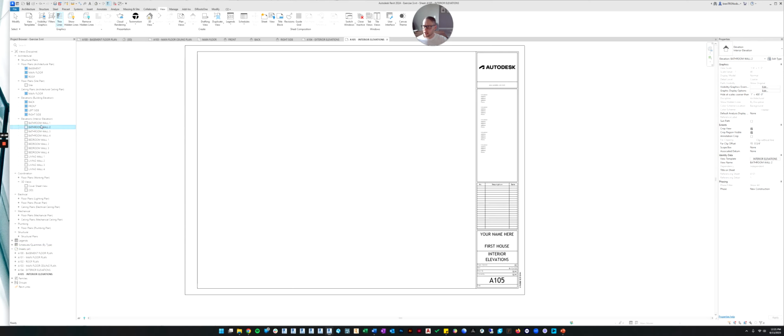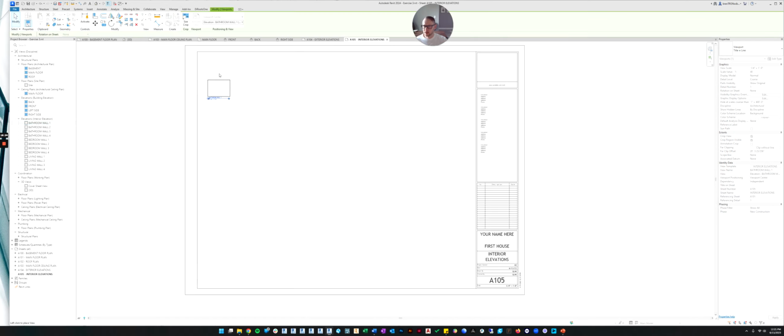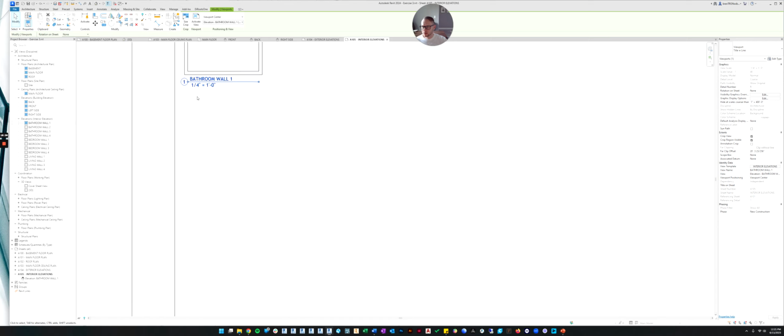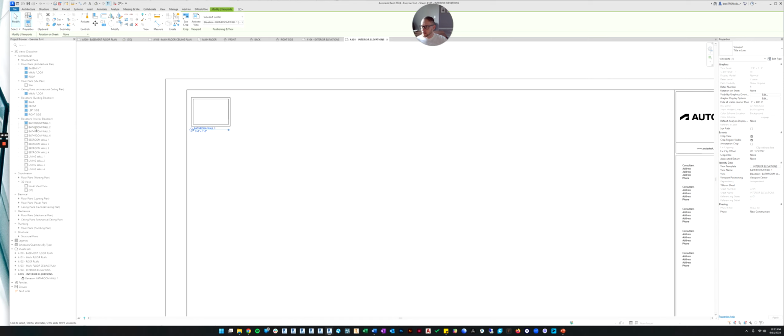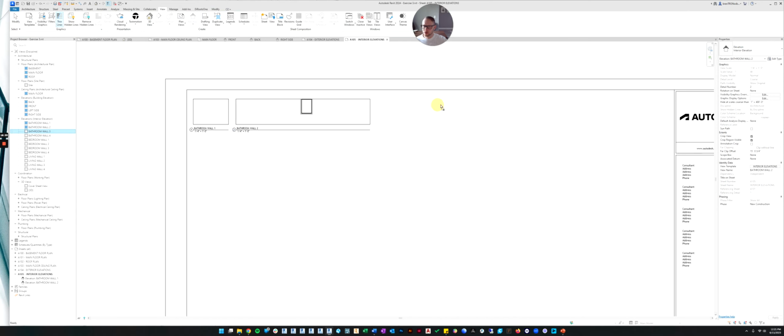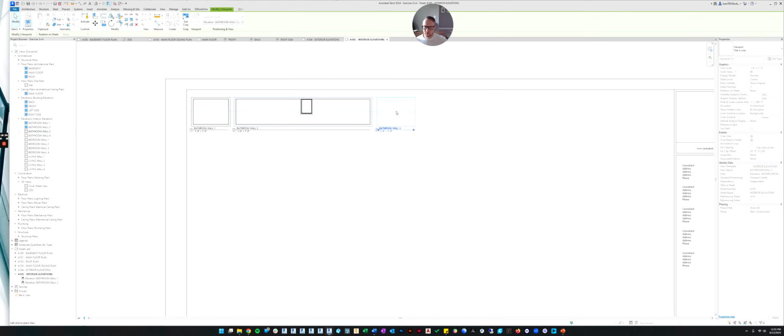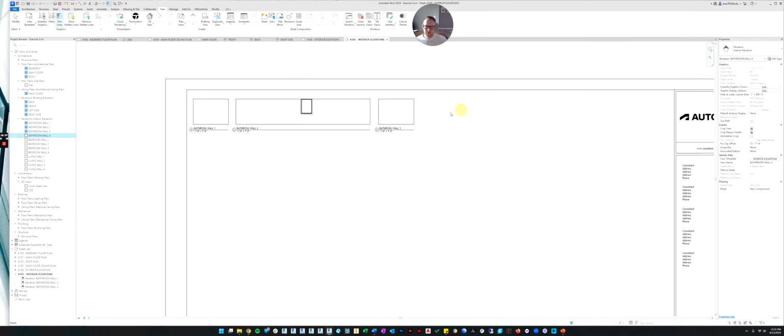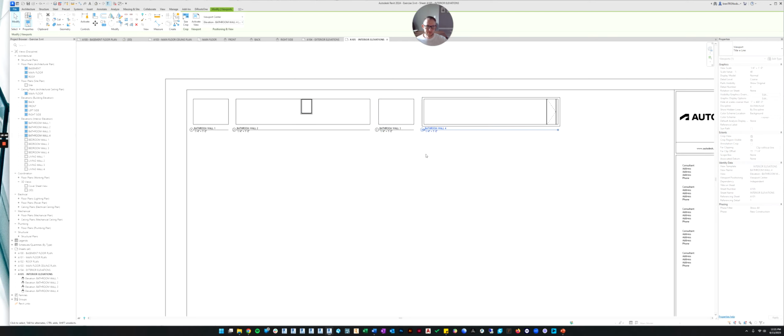So now it's the same as you did for the other elevations. You're going to go in order. You pick the wall and then you pick the wall next to it, right? Like you're spinning in a circle. You don't want to randomly place different views in different places. So we're going to start with the bathroom and we're going to put it there. There's wall 1. Wall 2 is next. Then wall 3. And then wall 4. Like that.